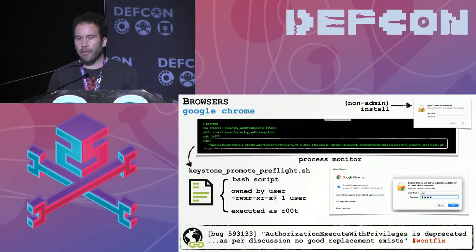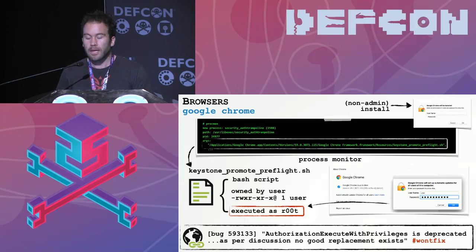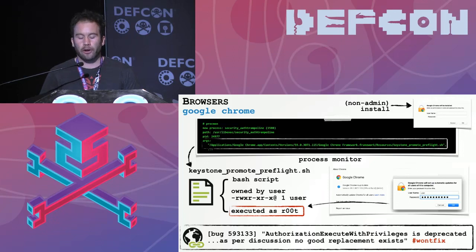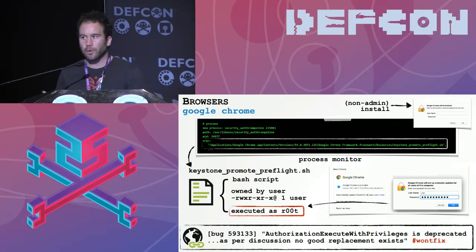Next is Chrome. This is a rather popular browser that I use on my box. It also invokes the authorization execute with privilege function in a variety of instances. For example, if you're installing it as a non-admin user, or if you're setting things up like auto updates. So we can observe this by running our process monitor, and again we see that security_auth trampoline process, and if we look at what that is about to execute as root, we can see it's a script named